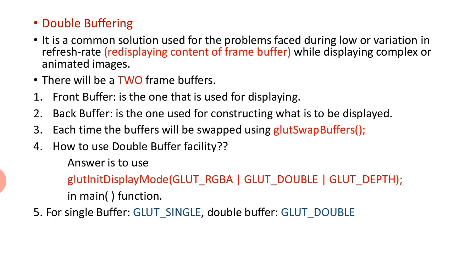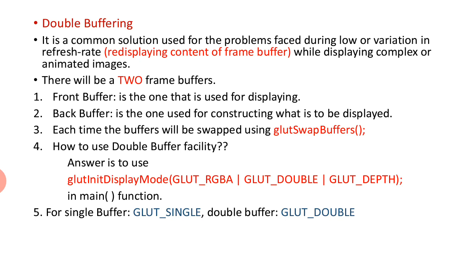Whenever that happens, we need more computation, especially for animated images when we want to display them. At that time single buffering will not be helpful. If you use single buffering, it will suffer from the problem of the refresh rate. We cannot get a smooth animation of the objects on our output if we use single buffering. To overcome this problem, we came up with the facility called double buffering.